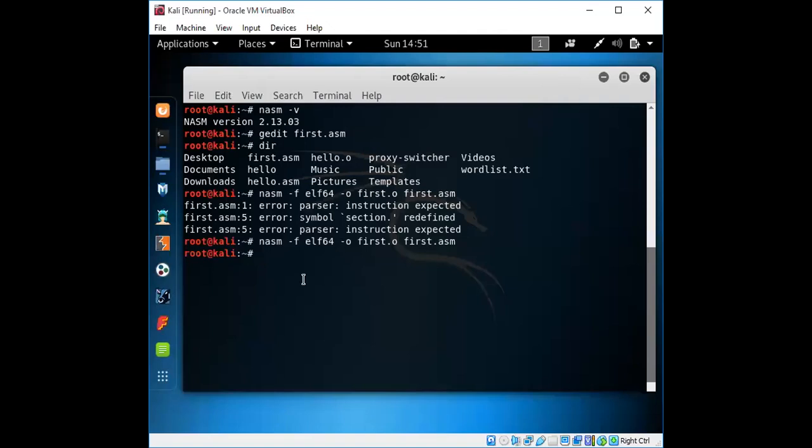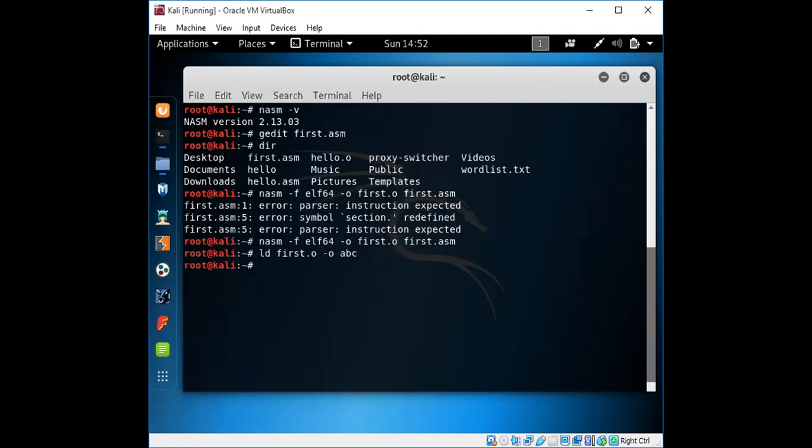What you have to do now is link this file with LD. You give it first.o and an executable file name, such as ABC.